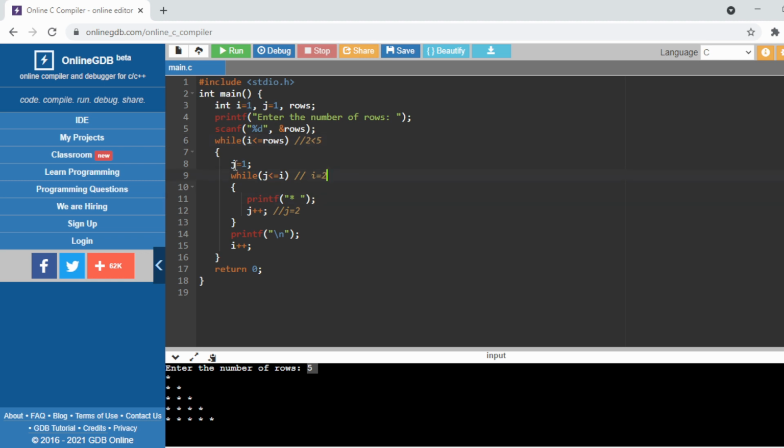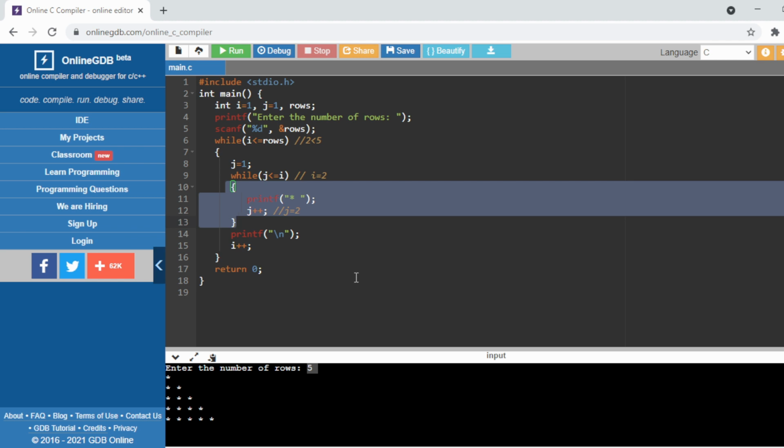For i equals 2, I again initialize j equals 1. So 1 less than or equal to 2, yes, the condition is satisfied. After that the new value of j will be 2, so that's why this piece of code will run 2 times. So in the same way this will work, right?